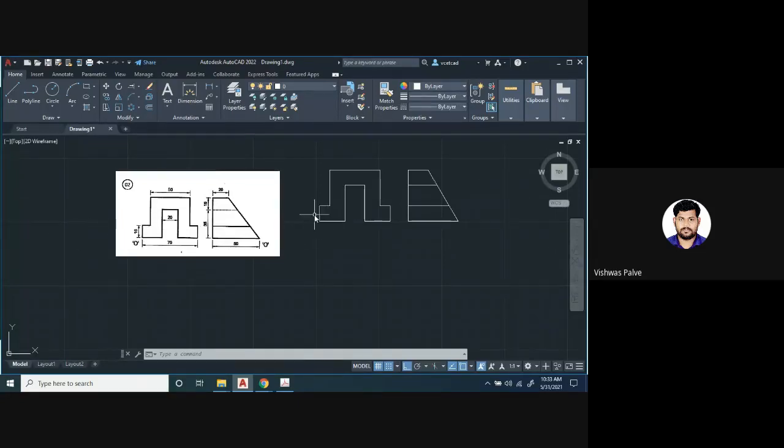So that same file you can use for dimensioning. So please save your files properly, in a proper location, so that later on you can use that file for the second assignment, where you give the dimensions to the figure which you have drawn in assignment 1. Or else you have to redraw it again.